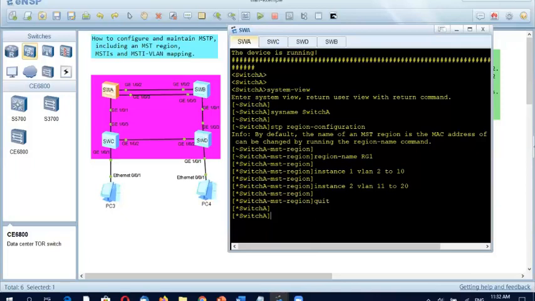I have given a name for my region, the region name is RG1. I have created some instances: MST instance 1 belonging to VLAN 2 to 10, so we have all these VLANs belonging to instance 1. And the VLANs from 12 to 20, all these VLANs belong to instance 2. And okay, the last command, which is the STP,